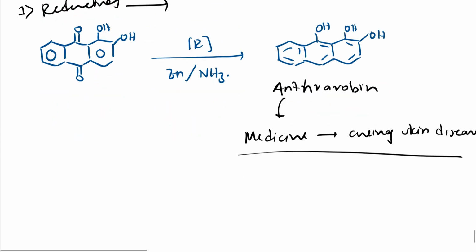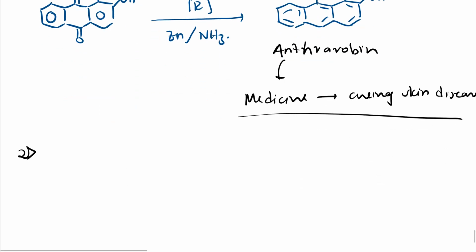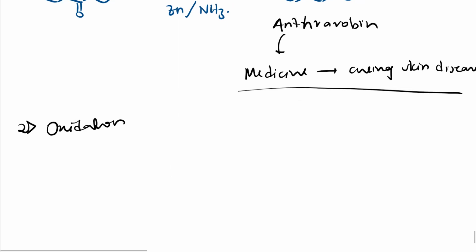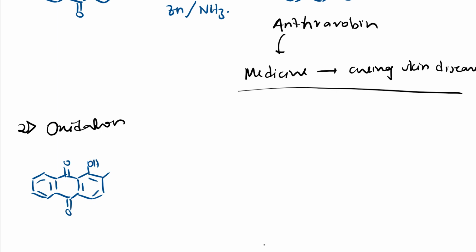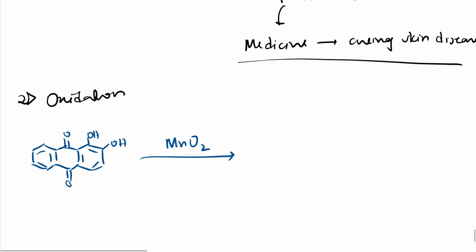So next property, only a few properties, that is oxidation. Let us discuss. Oxidation means I have to start with this alizarin only because these are the chemical properties of alizarin. So you should be thorough with the structure of this alizarin. It will be like this: benzene ring here, OH here, OH here. So simply I will do oxidation. I will use a mild oxidizing agent, MnO2 in H2SO4. You just note it down.